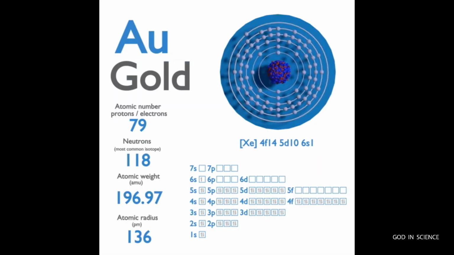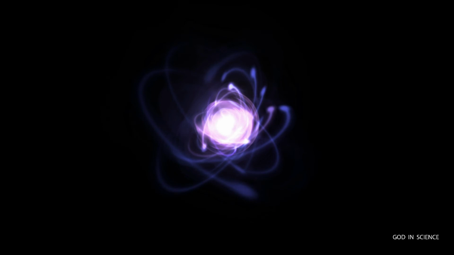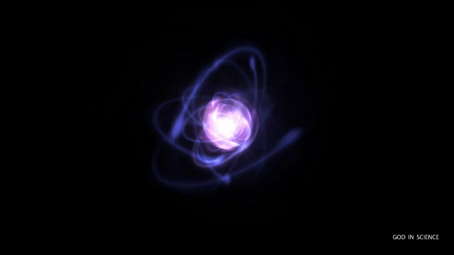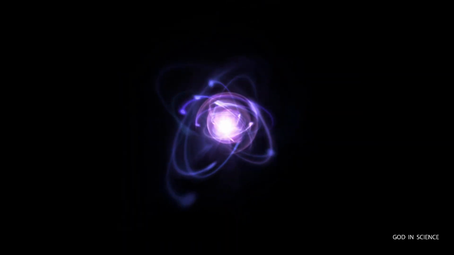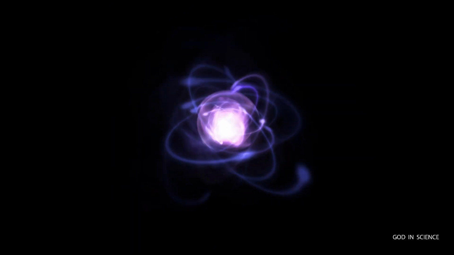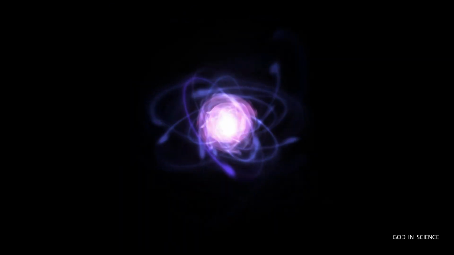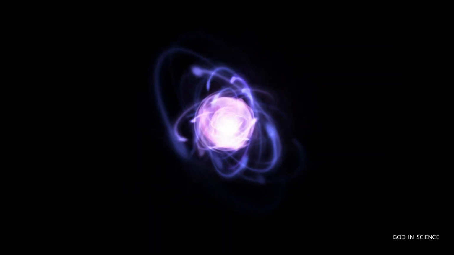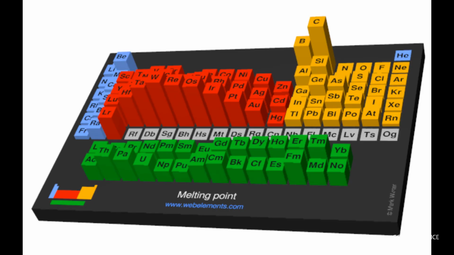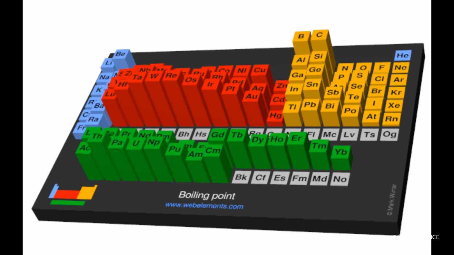Imagine all the gold atoms in this universe. All the gold atoms melt at the same temperature. How can every atom of one element know how to react in the same precise way to temperature energy input? Every form of energy creates precise changes to the components of different types of atoms. The changes these different energies make to different types of atoms are done with 100% precision. Every atom in this universe knows how to react to any form of energy with deterministic precision.